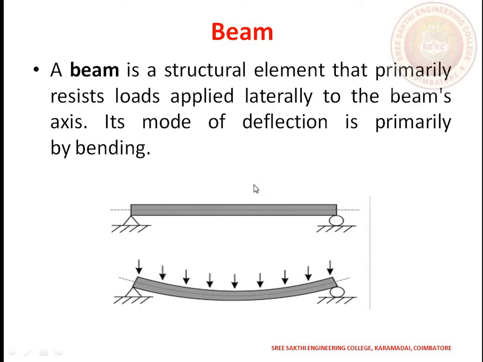which has load applied in the normal direction to the beam axis. We apply a load, which is a uniformly varying load. It can be applied. Then what will happen? It will bend like this. From this axis to this axis it will be bent. This type of bending gives a slope. The unknown parameter is deflection, and the other one is slope. What angle will it deflect? It is deflected by bending, right?